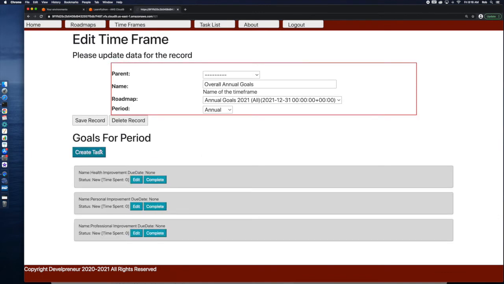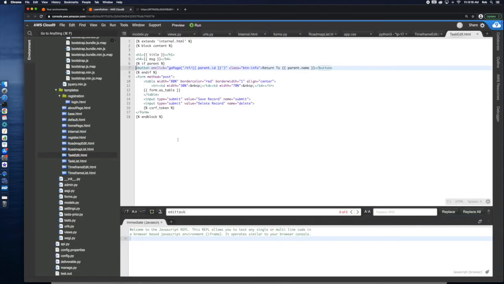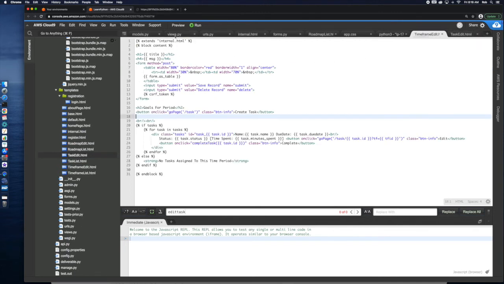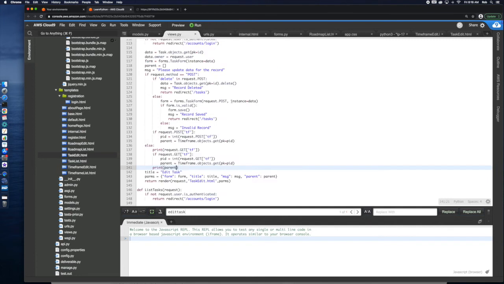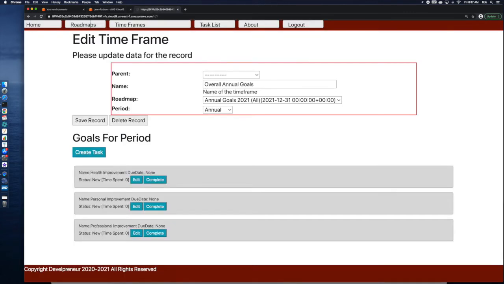So now what I want to do is do the same thing, and I'm going to do a parent for the time frame. So here, and this is going to get sort of complicated because what we're going to end up doing is we're going to have to sort of take that extra value across. So we're going to do within roadmap. So let's go back to roadmap.